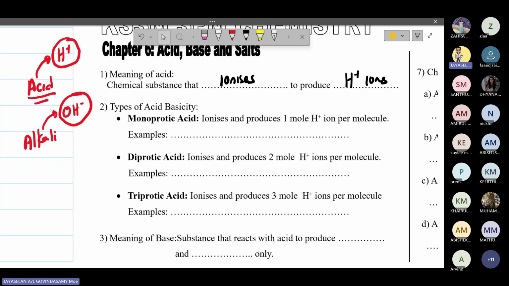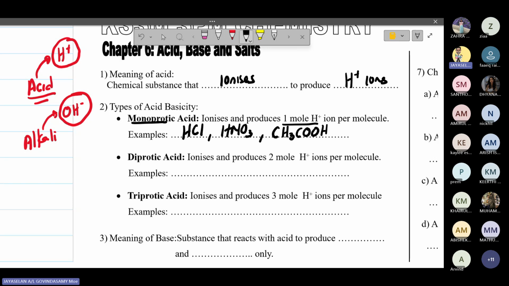Basicity is the number of ionizable hydrogen ions present in the acid. When the acid ionizes and produces 1 mole of hydrogen ion per molecule, that is called monoprotic. What examples do we have? Number 1, hydrochloric acid. Number 2, nitric acid. And next one,